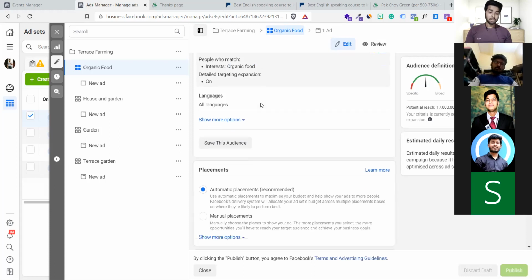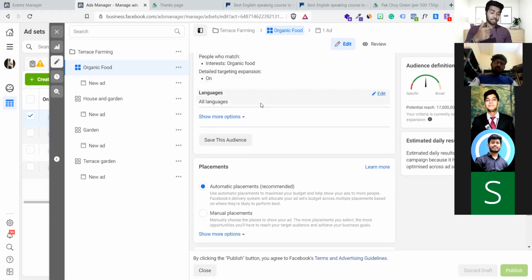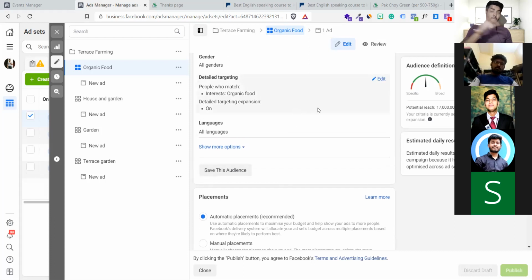I provided just only one interest group. Okay, that's how I track it. I told you in the early stage, if you want to track it, you can do it, but your targeting is very broad. It's fine. You can see how much targeting I have. Almost in one interest group, it is more than 1 crore 70 lakh. I told you it should be a minimum of 1 million to target in one interest group. So already I have 1 crore 70 lakh people to test in this interest group. That's why I kept only one.